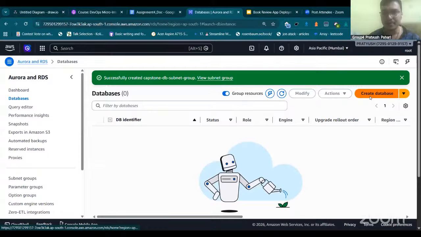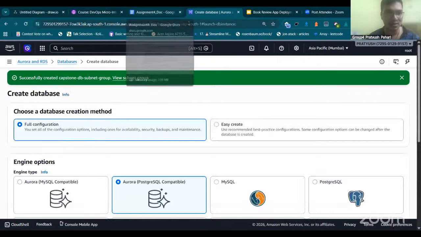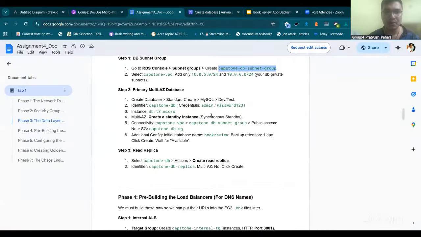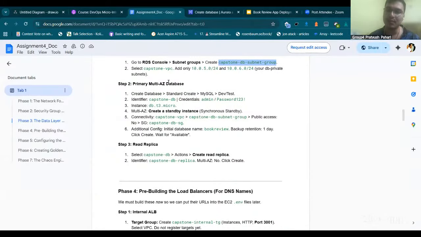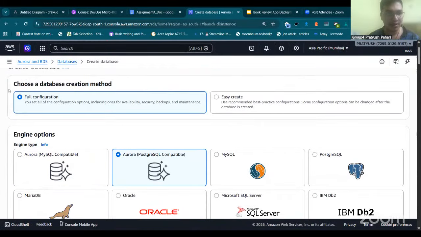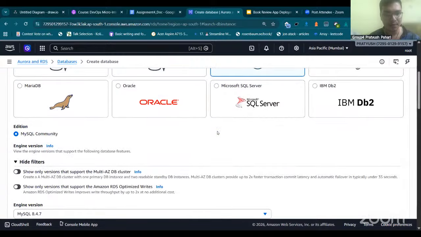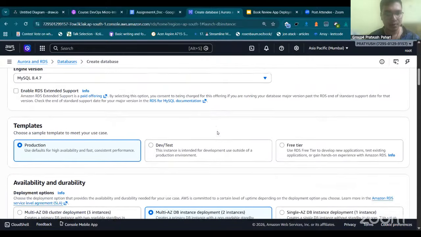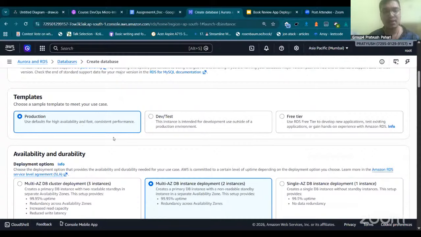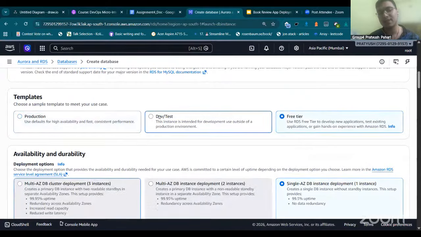Database. Now, that's a little tricky part. We have to create the multi-AZ database for our case. Click on full configuration here. Select MySQL. Here are three types of database we can create: the free tier, dev/test, and the production. As in this case we will do the multi-AZ thing,